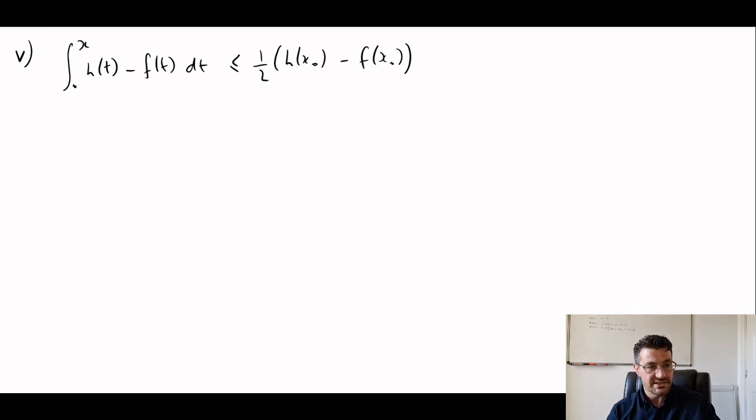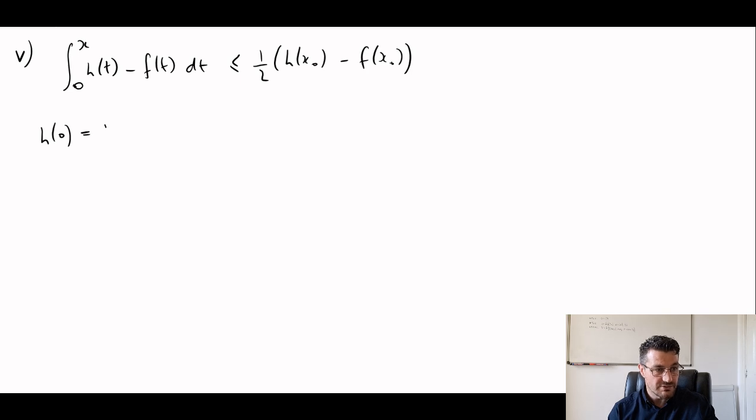The maximum of h of x minus f of x. So this is just to give a more definite reason why I think that this maximum is going to be positive, or at least equal to 0, because h of 0